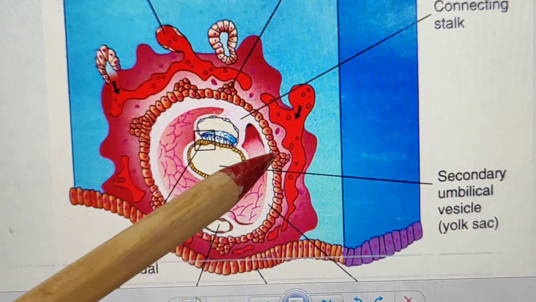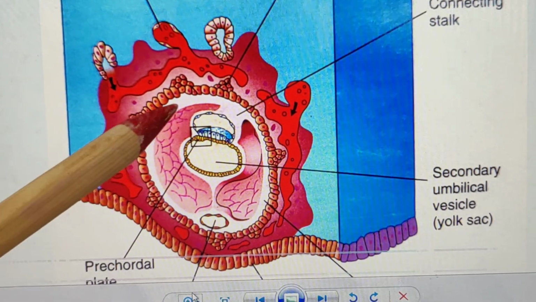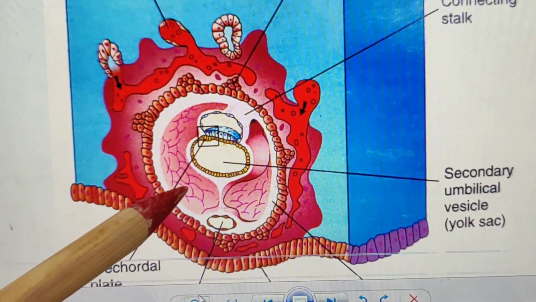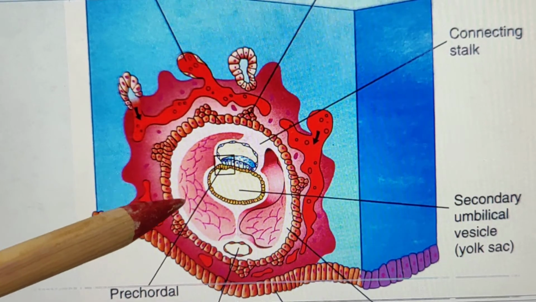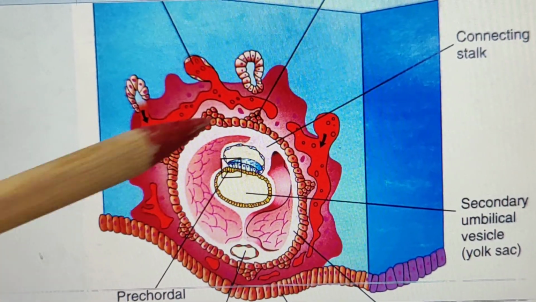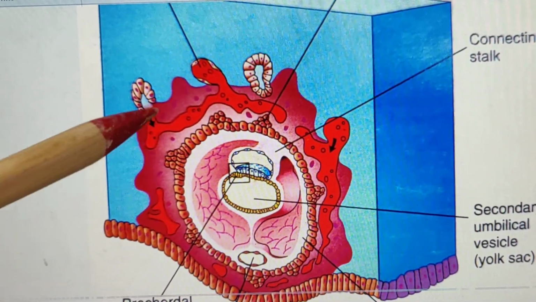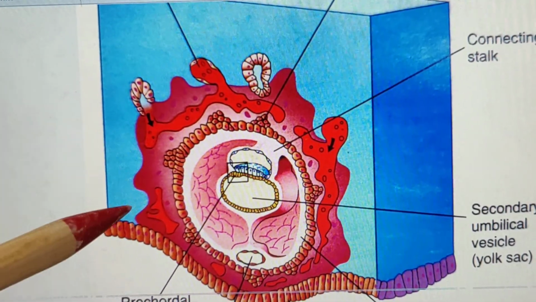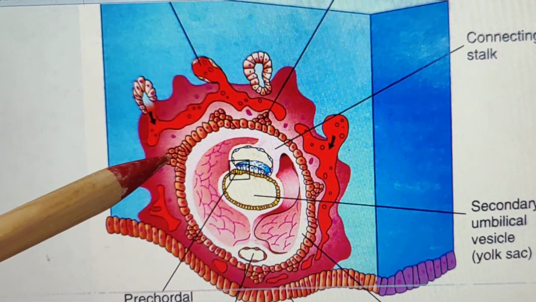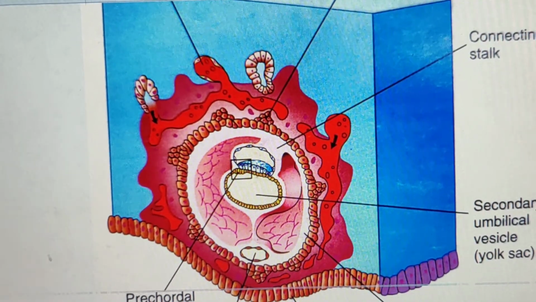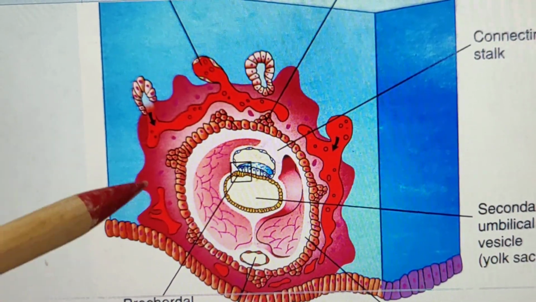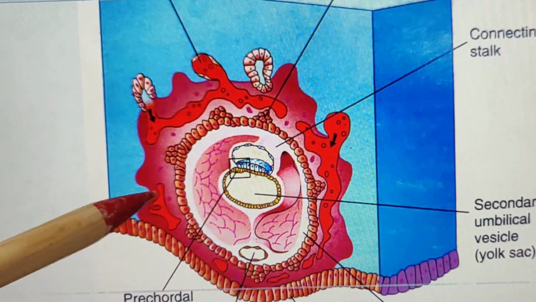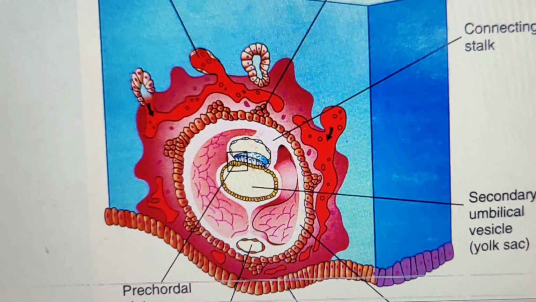Now, if you see these structures, it is the chorionic cavity. It is formed by the formation of a cavity in the extraembryonic mesoderm. It is the yolk sac and it is the amniotic cavity. So, here in this diagram, we see the formation of the primary villi. Focus on the primary villi, and second, focus on these lacunae filled with the mother's blood. These lacunae become the intervillous space in the future.